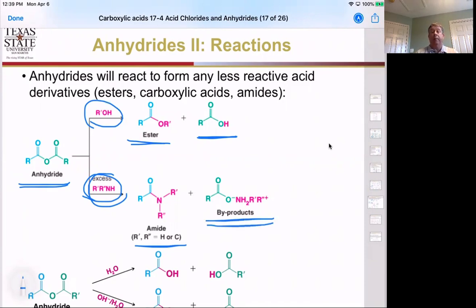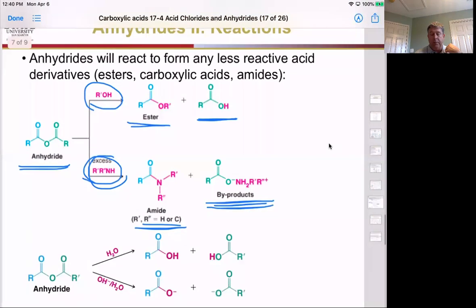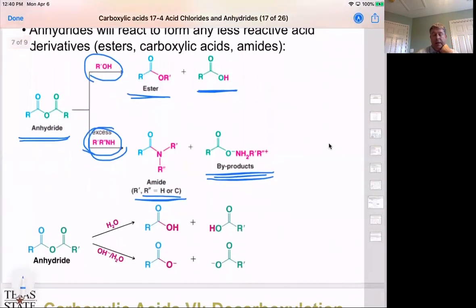Remember, we have to remove a proton from that system to create the amide. Therefore, we're going to make some kind of acetate salt of a quaternary ammonium product, unless we add in an excess base. Then again, another couple simple reactions we can do is to go down to carboxylic acids,